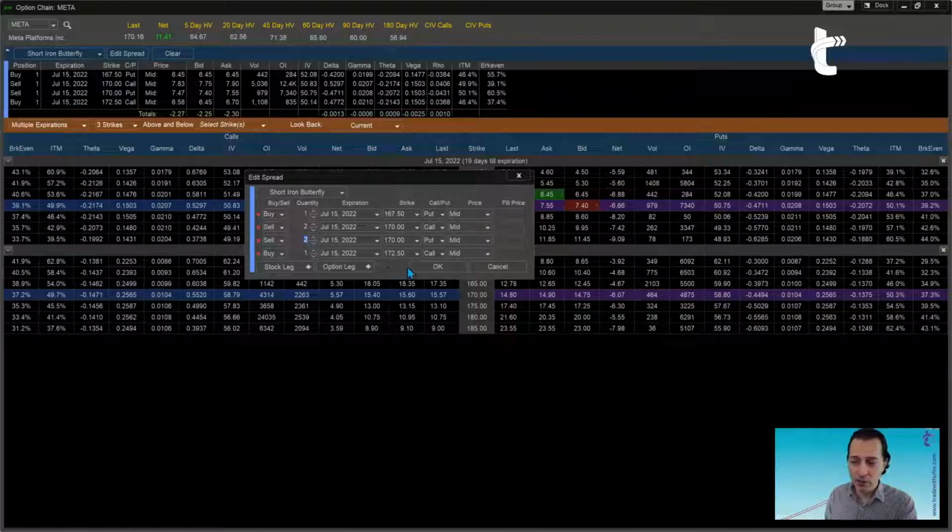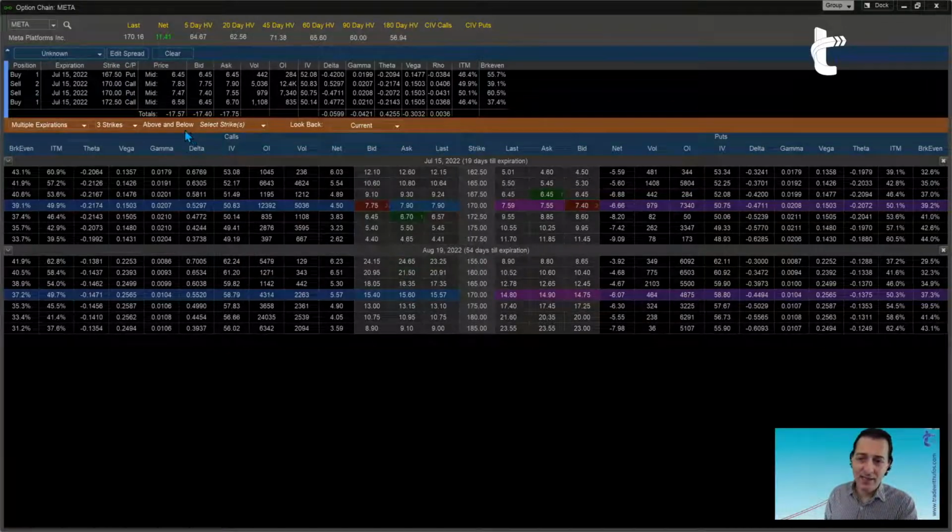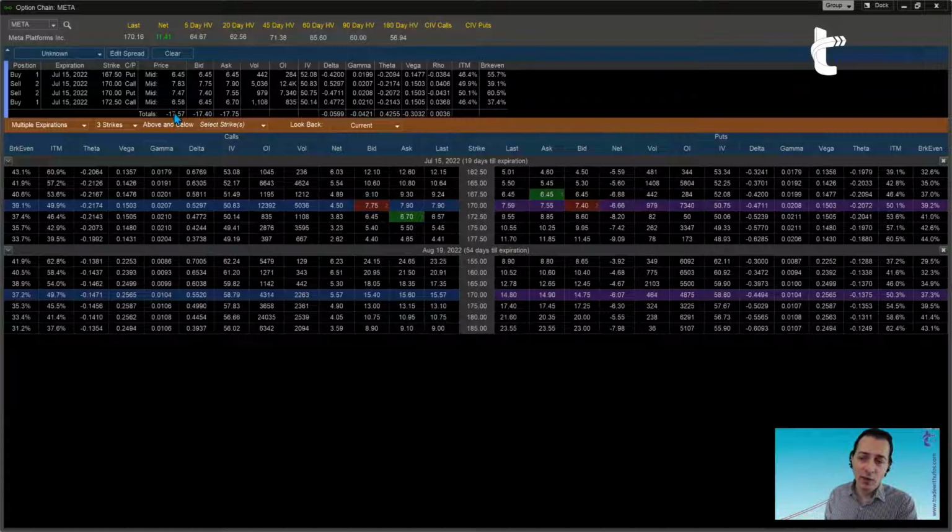Then click OK and get a new summary: what is the cost of the trade, what is the bid and the ask, what is the new delta, what are the new Greeks. All of this, as you can see here, is added, giving you the net sum of every individual leg's Greek value. Okay, so I'm going to go back to edit the spread.